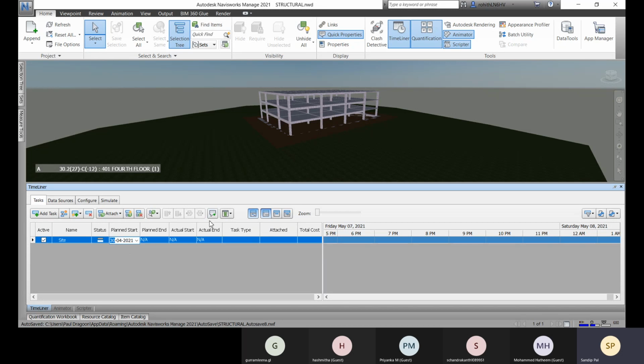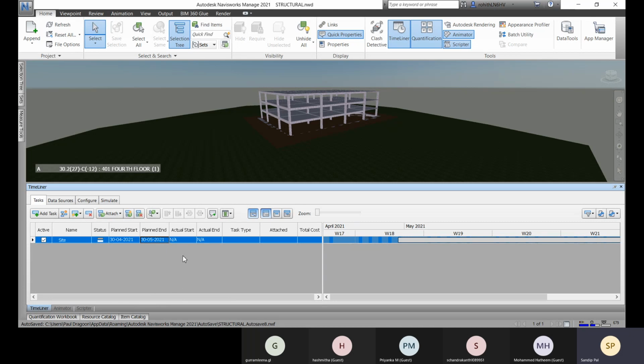Your site will be present throughout the project, right? From the beginning to end. So there you can define today's date and the planned end. So you have planned that within this date, your project will end. So that you can define, like, let me go for this one month. Okay, so here it is mentioned, this is going to be the planned start and this is going to be the planned end.